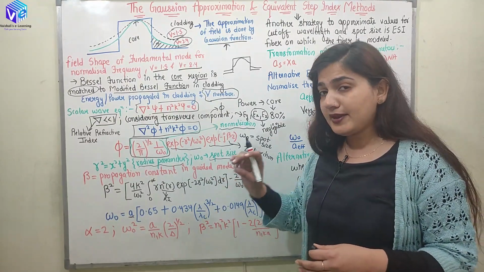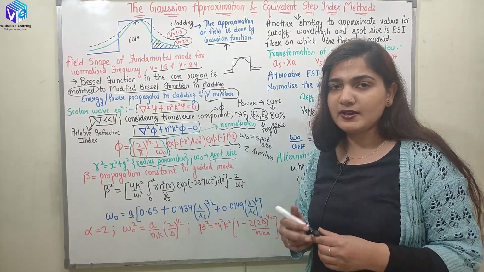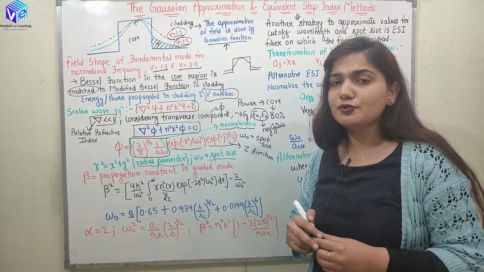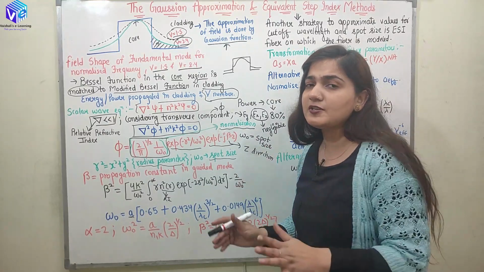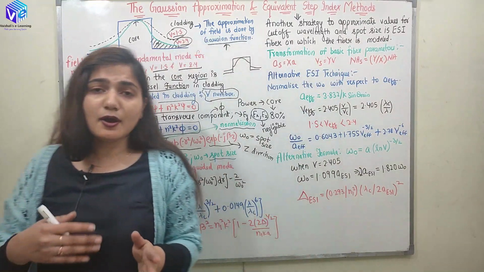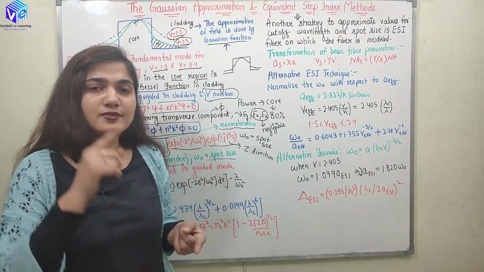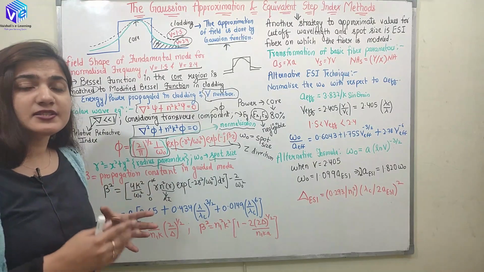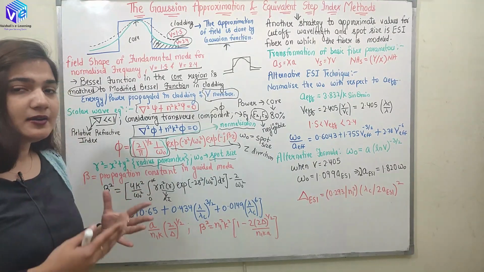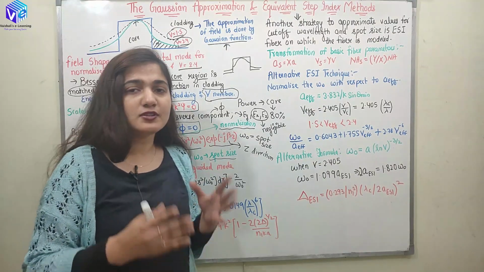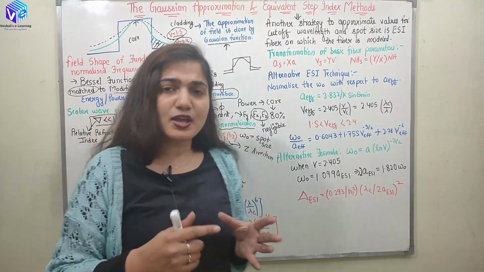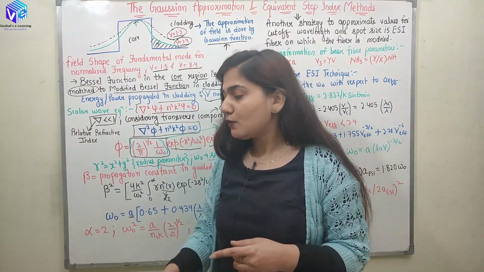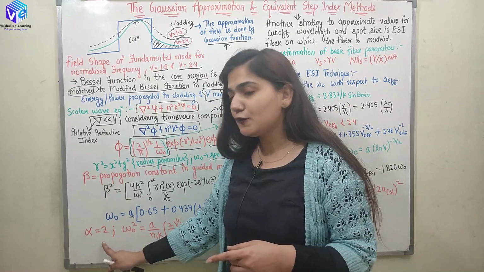Now whenever I was having the step index fiber and considering the single mode, the losses were less, the dispersion losses were less, and we were not having different modes, we were having only one mode, so the analysis was easier. Now when I am considering the practical situation, what are we using more? We are using the graded index fiber more, right?